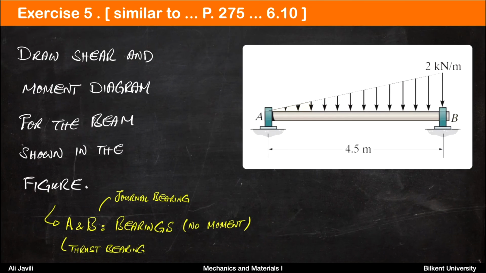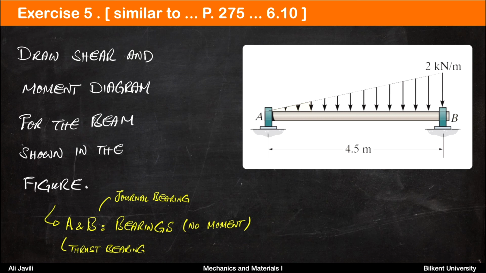Exercise 5 is similar to problem 6.10 on page 275 of the book. Again, you are asked to draw the shear and moment diagram for the beam shown in the figure. Here, the beam is supported by two bearings. Pay attention that at A, the bearing is a thrust bearing, and at B is a journal bearing, meaning that